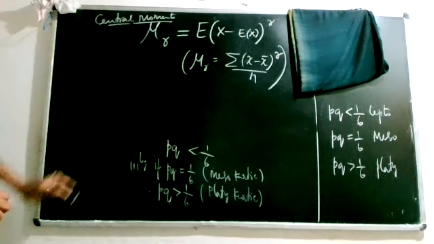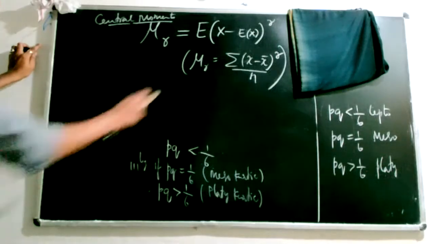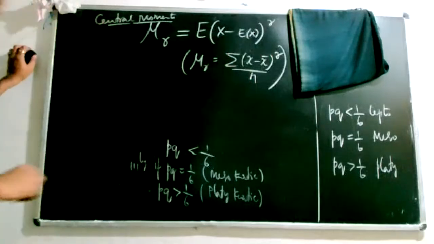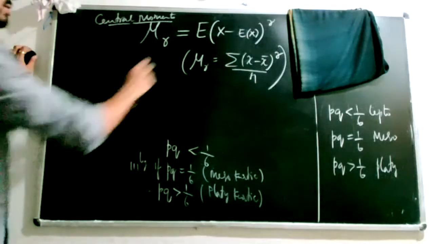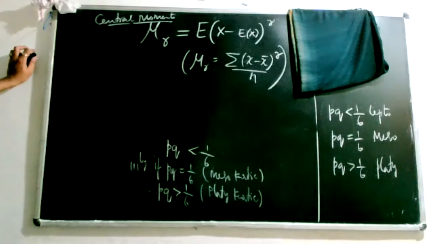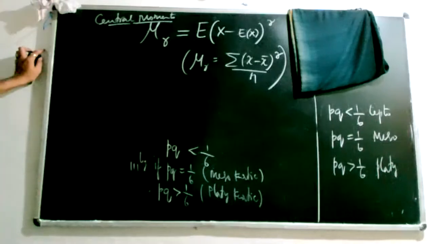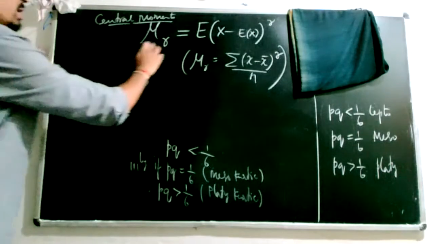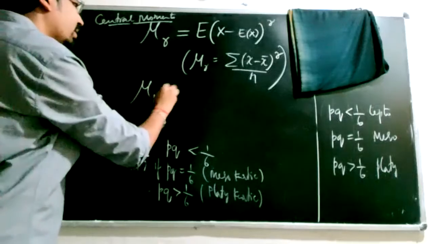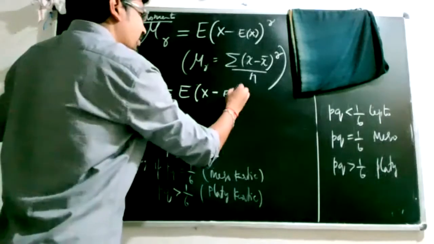That we do when we have larger values of x as well as probabilities, because every time taking x minus x bar to the power of r, when you have several values of x, becomes a tedious job. So that's why we obtain the central moments from the moments about origin. But whenever you have special distributions like Bernoulli, two-point or degenerate distributions, you can easily obtain the moments using the formula. So I'll have mu1 is equal to expectation of x minus expectation of x to the power of